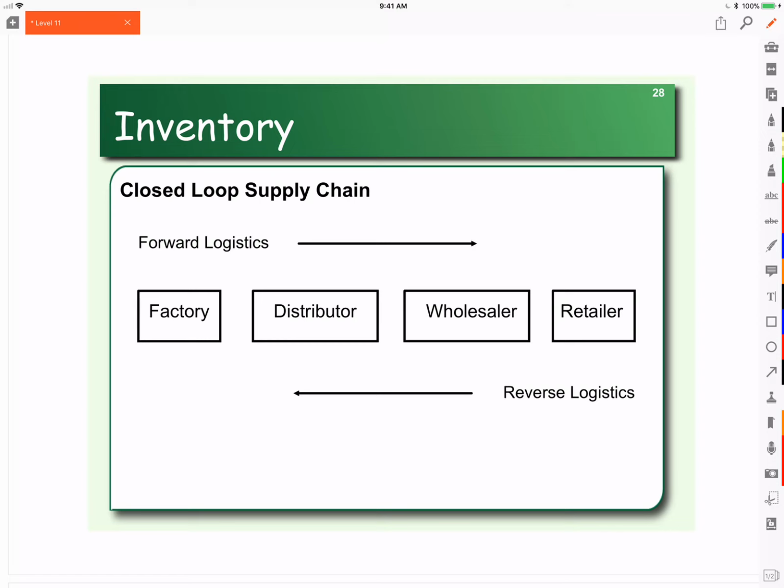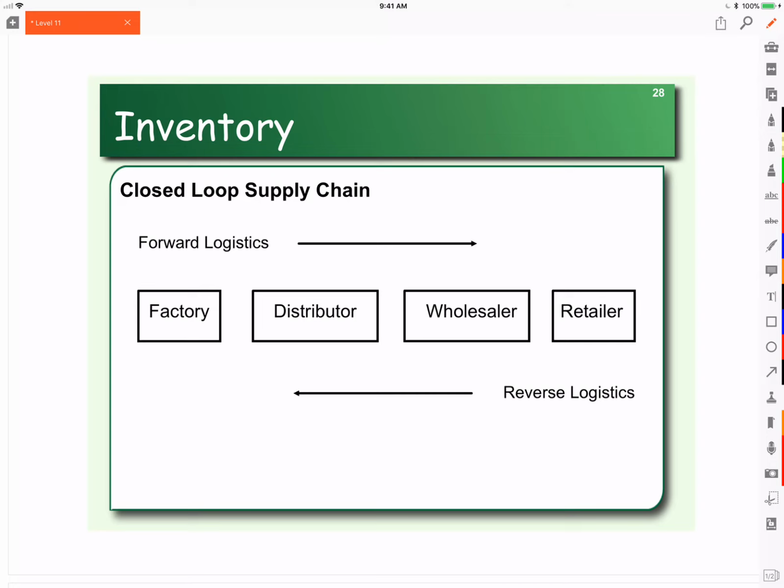At the same time, we have reverse logistics. If there is a return of a defective product, it moves back up through the supply chain. The customer returns it to the retailer, who acts as a gatekeeper and determines how far up the supply chain it goes. If it's simply a matter of the customer returning the product because the shirt wasn't in their size, then the retailer can resell the product. If the TV they bought has stuck pixels or is broken in some way, then it may move further up the supply chain